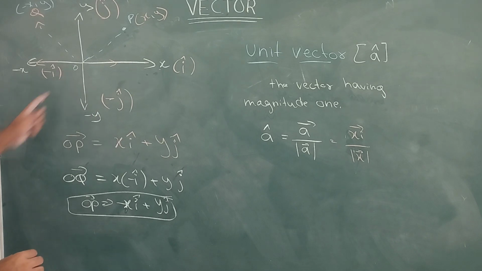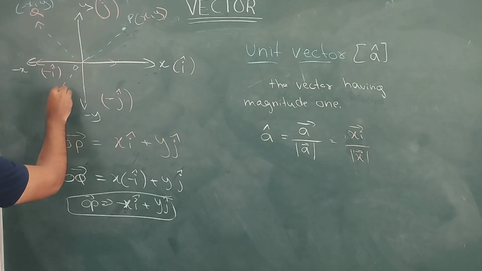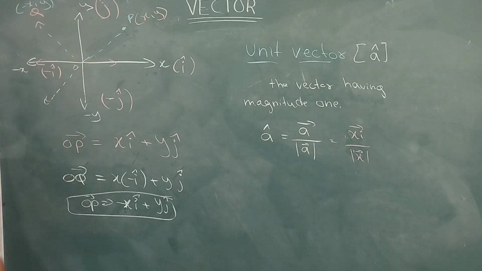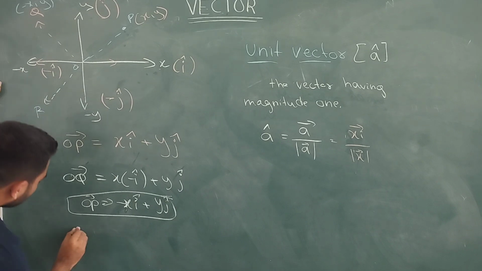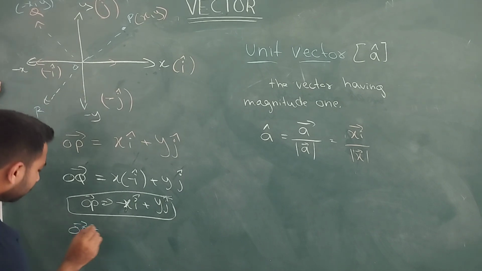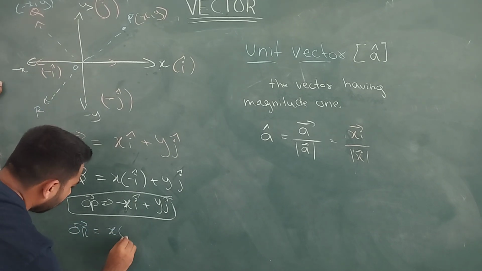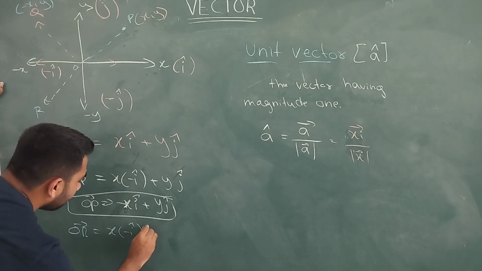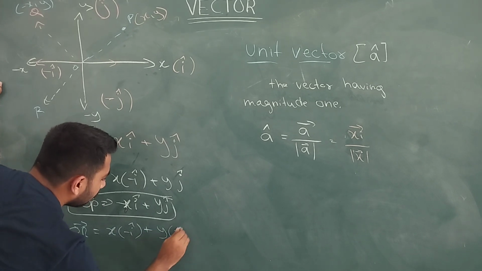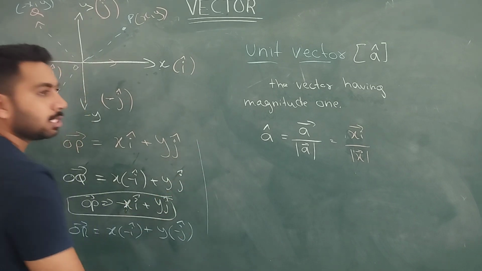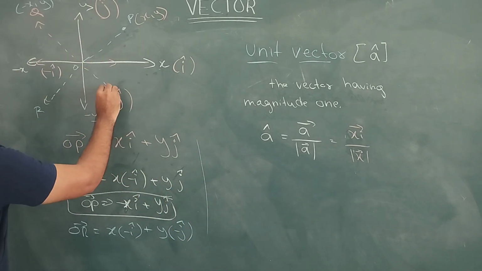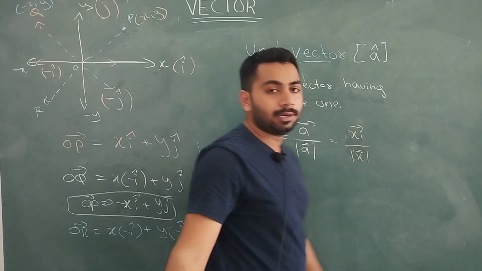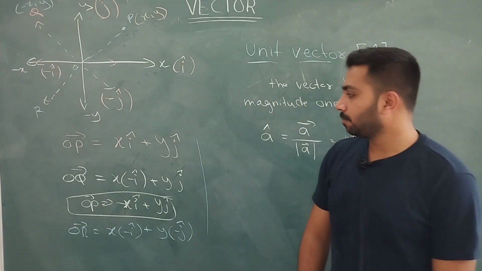Now same thing when you come for this one. We will write this one. Let's say OQR. Sir, OR is equal to, I am feeling like this plus this. Yes, you are right. Of course you are right. Now one more thing here. Write it, try it. Very simple, right?